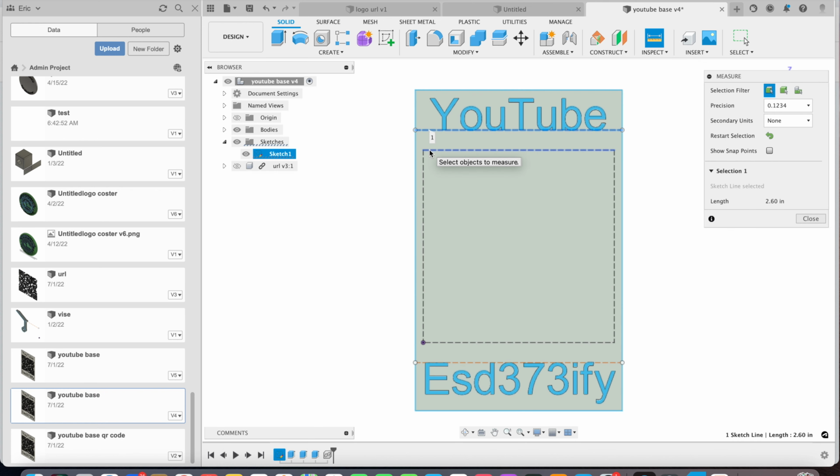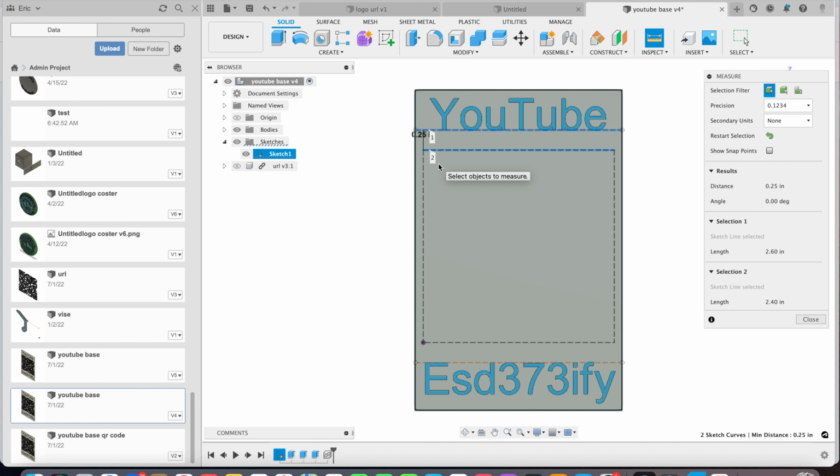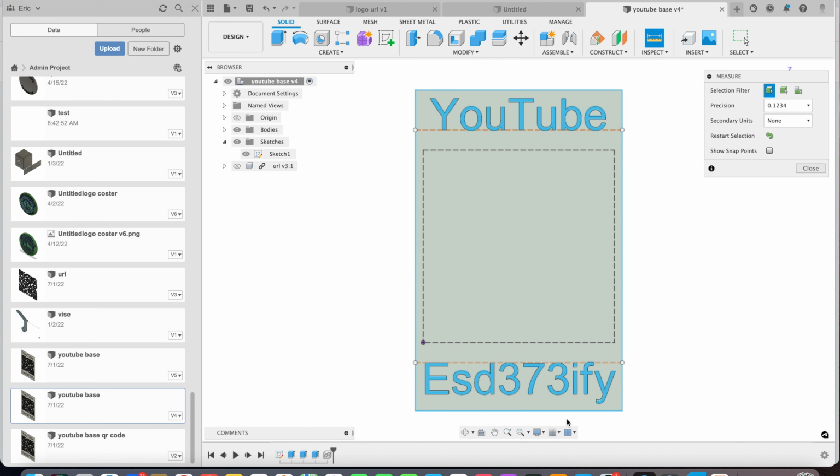Let's see if we can get a distance. A quarter of an inch. Okay, so I just offset a quarter inch. Added the text above the line and below the line, centered it, and then